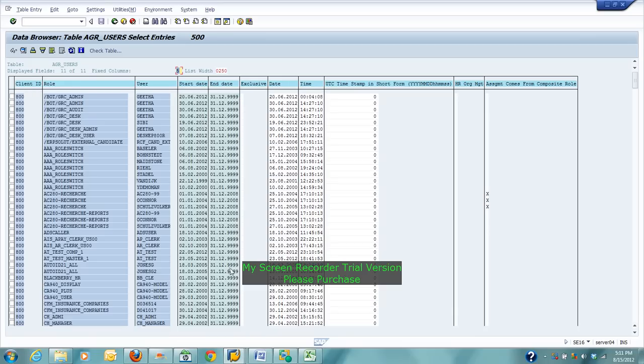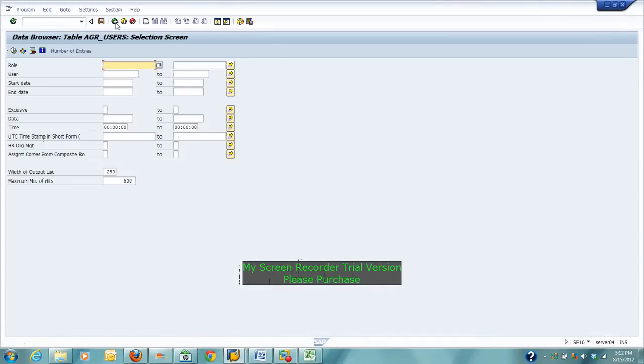Okay, it will show you, and then you have a pretty good understanding that this is the role, this is the user, this is the start date of the user, and this is the end date of the user. You can go and check in SU01 whether this is the start date of the user or the role, stuff like that, date and time, all these things. So this one is AGR_USERS. Okay, the next one we are going to look at is